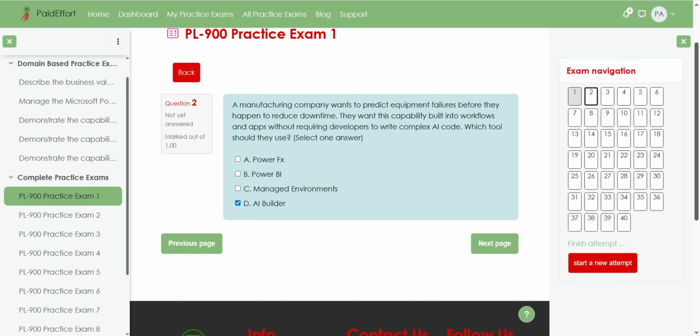AI Builder is the right choice because it provides no-code AI features like predictions and classification that can be integrated directly into apps and workflows. For example, in manufacturing, AI Builder can analyze sensor data and predict when a machine is likely to fail, helping reduce costly downtime. In contrast, PowerFX is mainly a low-code language used for formulas and logic, so it doesn't handle